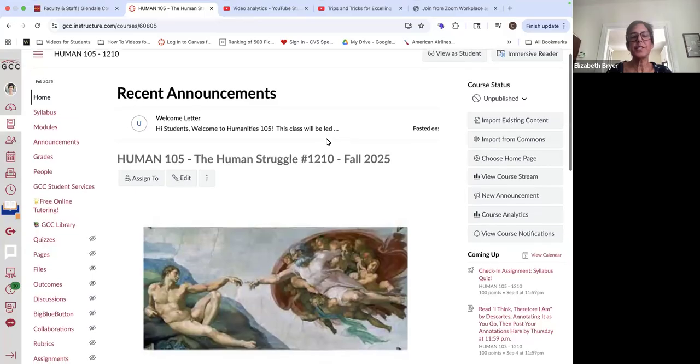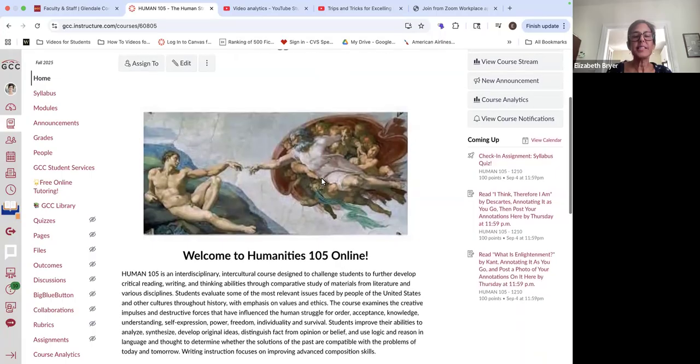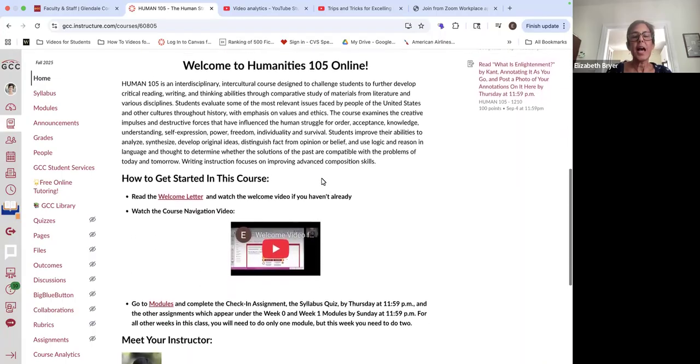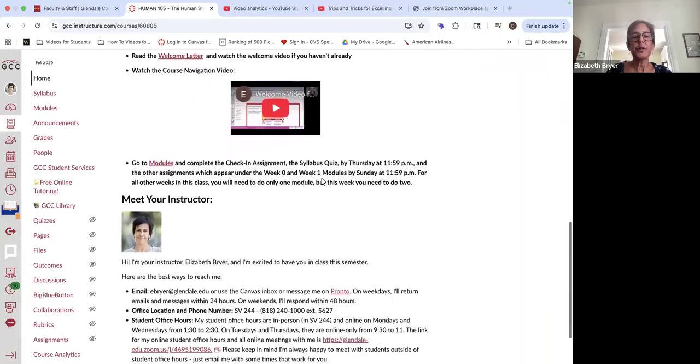I know that different teachers organize their Canvas pages in different ways, so I just wanted to show you how I've organized ours so that you can succeed in the class. I'm teaching two sections of 105 this semester, so you may have a different ticket number than I'm showing here. Yours might be 1247, but otherwise, this is what you should see when you click on our course on your